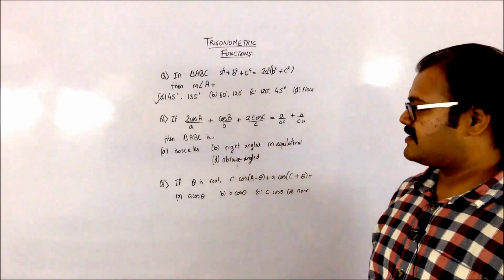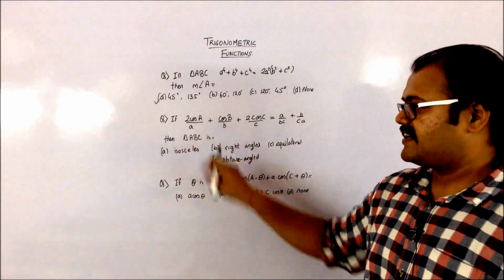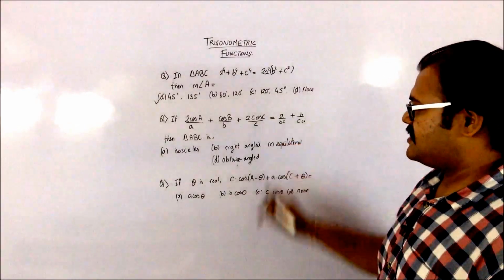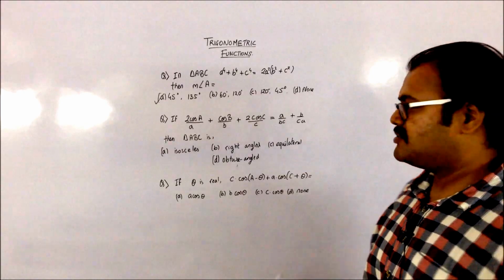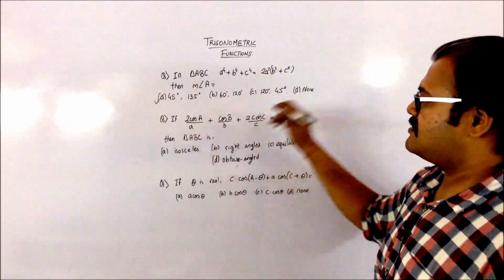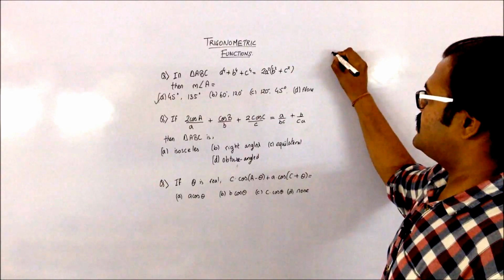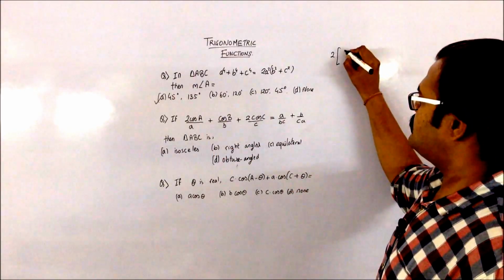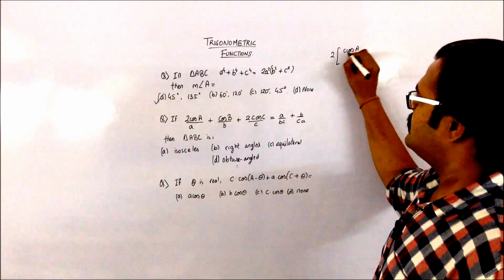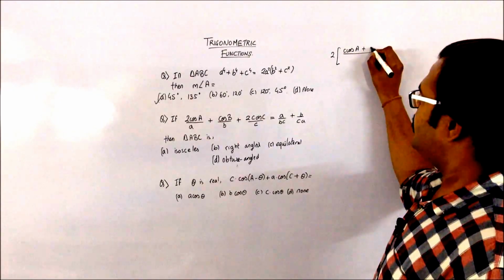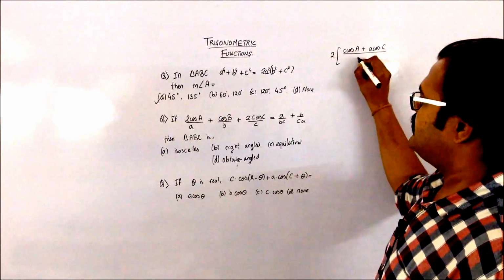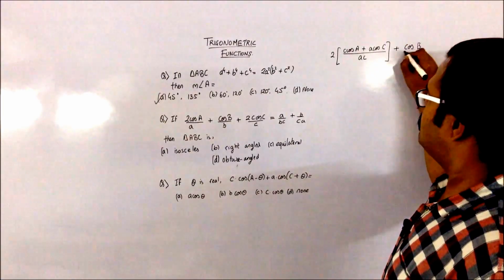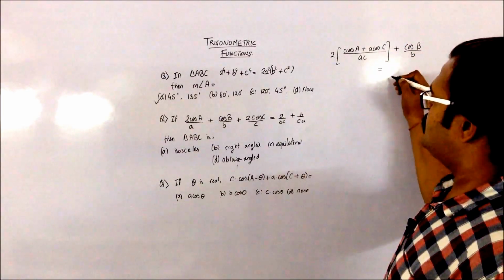If this particular relation is given to me, then I have to find what type of my triangle is. So let us concentrate on the equation which is given. Now what I can do is I can take the 2 common from these two terms. So I'll be having a 2 into, and let me take the LCM of these two. So it's going to be a C cos A plus A cos C divided by AC plus cos B by B will be equal to,